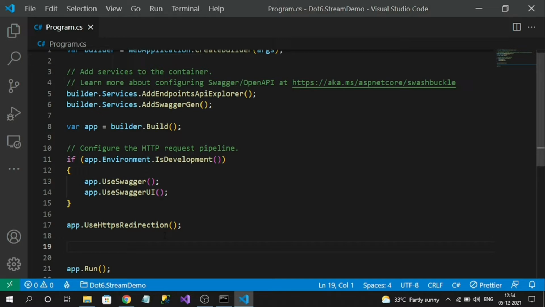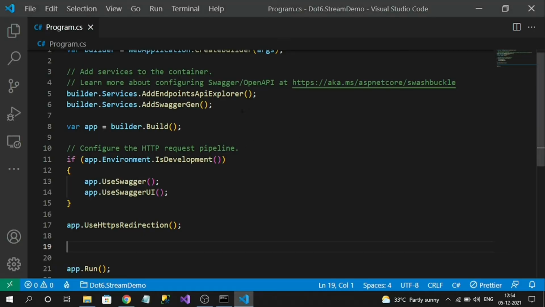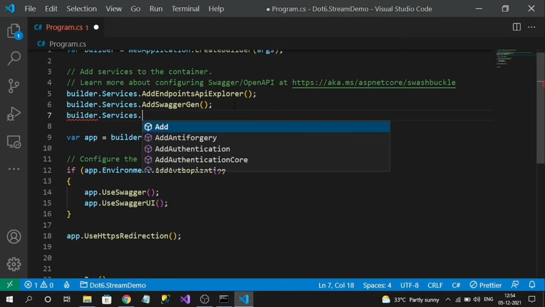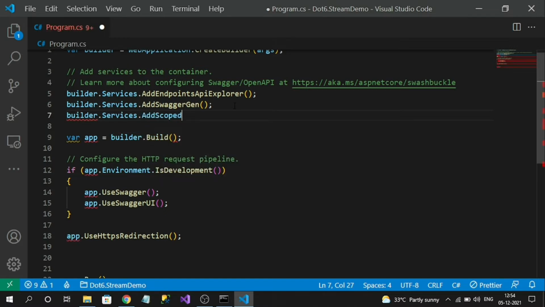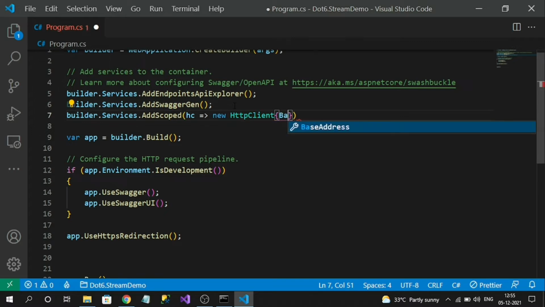For this demo, I am going to use a free API, JSONPlaceholder, typicode.com/posts. I am going to consume this API in my minimal API. To consume it, I need to register an HTTP client, add a scope, and create an HTTP client instance with a base address.